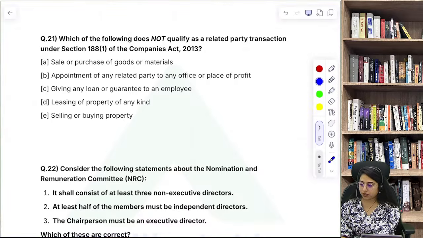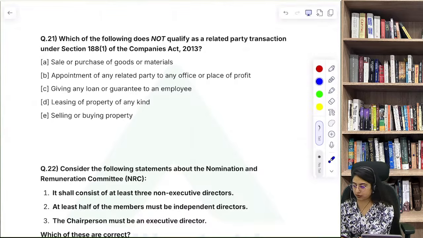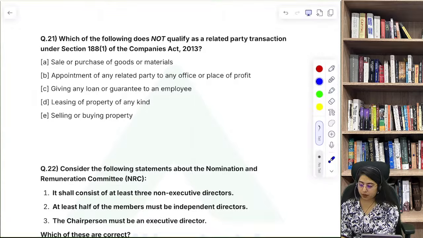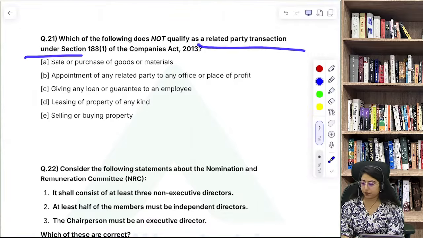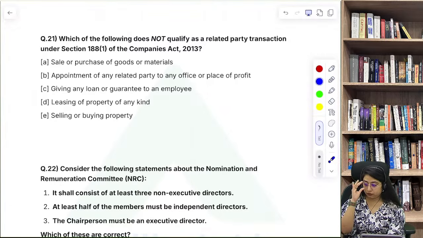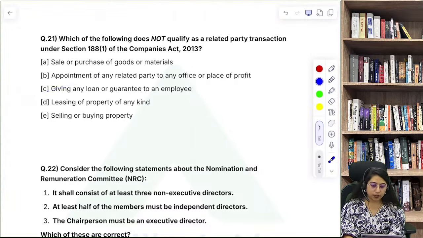Okay, Rahul says it's C. Anyone else? Can you give me the reason, Rahul? Why do you think C is the right answer and what is the related party transaction? Okay. So C is the correct answer. Giving any loan or guarantee to an employee is the correct answer because it does not come under section 188(1)